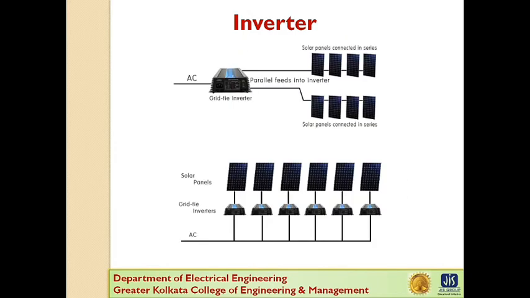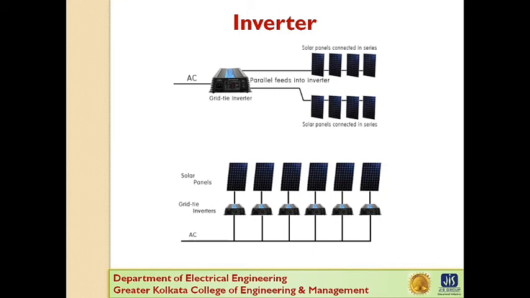Next is the inverter. It is obvious that the electricity produced in a solar panel is DC. Electricity we get from grid supply is AC. So for running common equipment from the grid as well as the solar system, it is required to install an inverter to convert DC to AC of the same level as grid supply. In an off-grid system, the inverter is directly connected across the battery terminal so that DC coming from the battery is first converted to AC, then fed to the equipment.